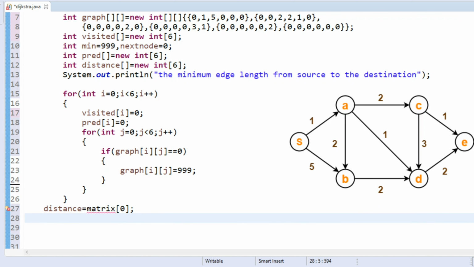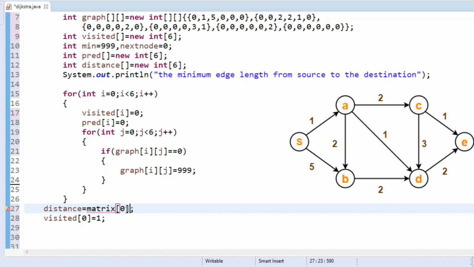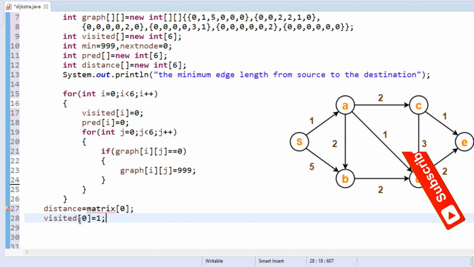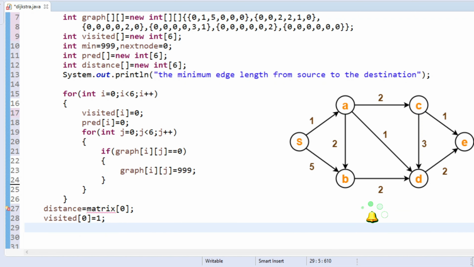Source vertex to the remaining destination vertices. So distance equals matrix of 0 and visited of 0 equals 1, because here we represented the distances from the source vertex to the destination vertices. That means from S to A and from S to B, and we already visited the source vertex, so I represented the source vertex as visited.